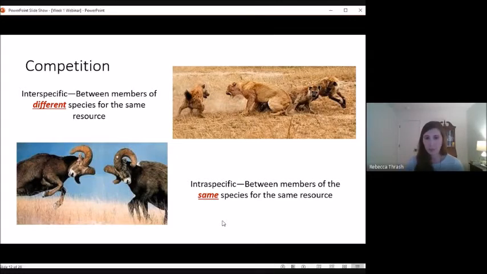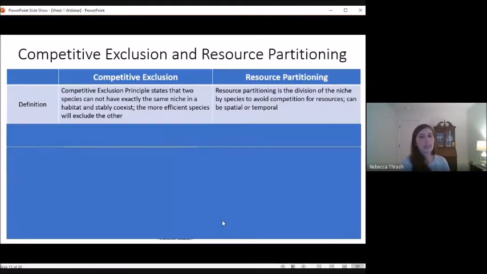So this kind of brings us to some of the reasons why we see organisms or populations occupy very specialized niches. These can be easily confused terms and ideas. So we've got competitive exclusion and resource partitioning, because they're kind of connected together, but they are different things. So I want to lay out what the definition is and why they're really different. So let's start with